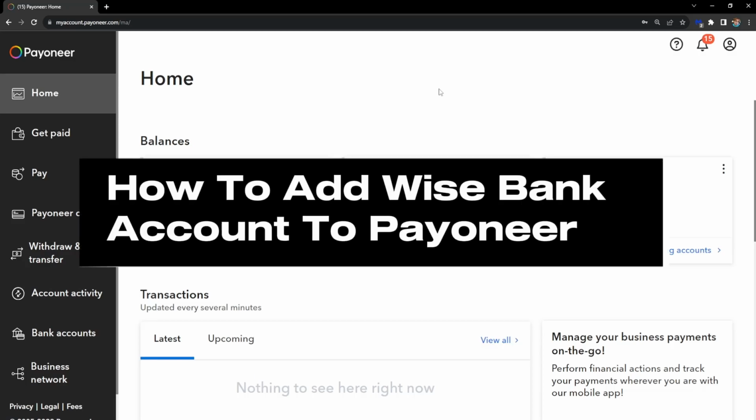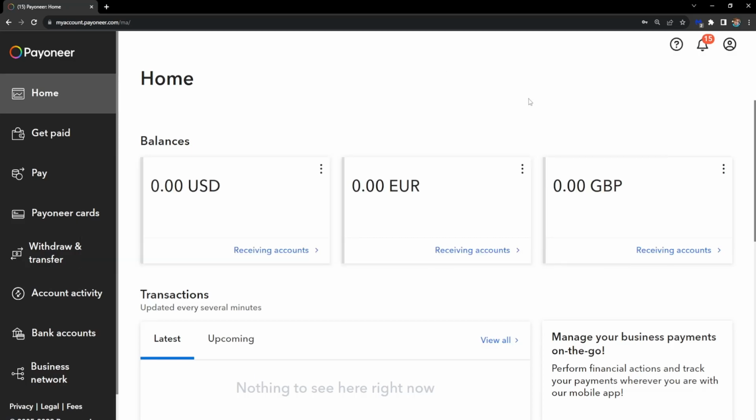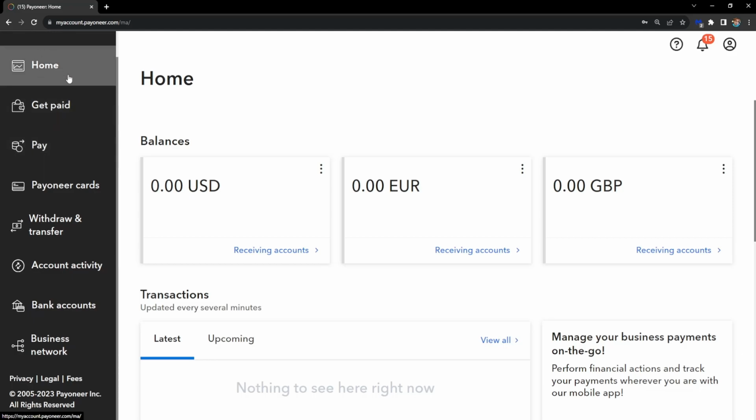How to add Wise bank account to Payoneer. So make sure you know your Wise bank account information, and once you have logged into Payoneer, then what we